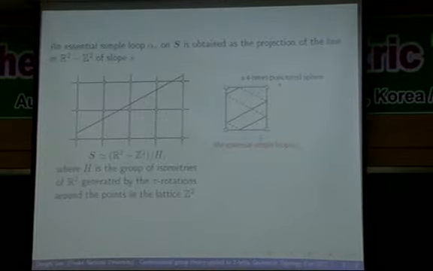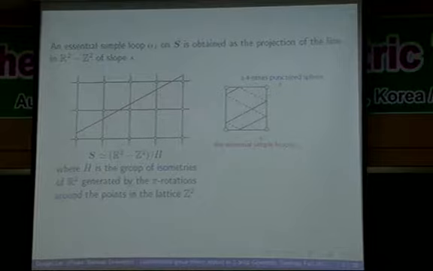And it's known that you can obtain every essential simple loop on a 4 times punctured sphere by taking the projection of a line in R², which doesn't pass through the integer points. So for example, this is a line of slope 1/2, which doesn't pass through the integer points. And then obviously we see that this 4 times punctured sphere is the quotient space of R² minus Z²